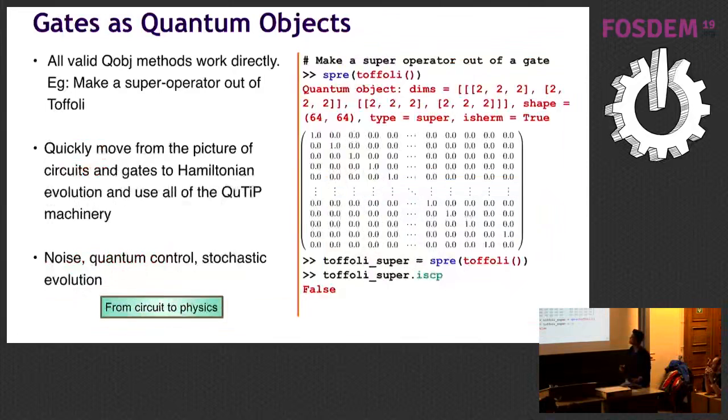And finally, quantum circuits. So how does QuTiP bridge to the whole quantum circuit idea? It's because all valid quantum object methods work directly on the quantum circuit description of QuTiP. So if you write up a circuit, immediately you can convert it in a way because of the quantum object, where you can apply all QuTiP's machinery to it. So here, for example, yes, you can do some kind of evolution, you can inject noise, and so on. So it becomes like a bridge from all the quantum computing and quantum circuits to actual quantum physics.